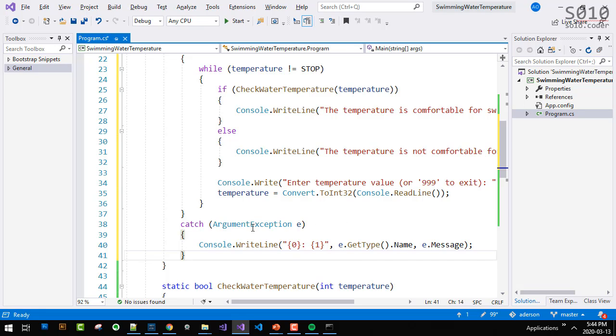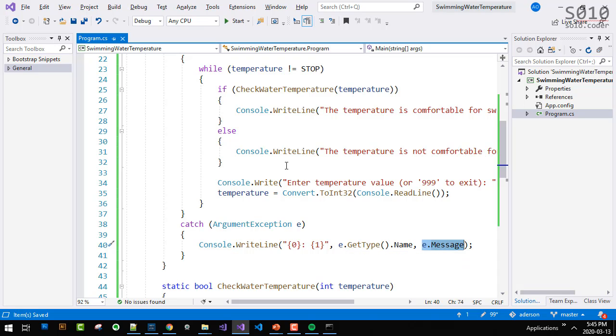Great. So we have argument exception, E, awesome. It's showing a message here. Sorry, it's showing the name of the error. It's showing the message of the error. It's doing that with this style. That's okay, all good.